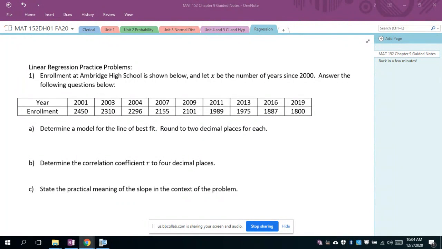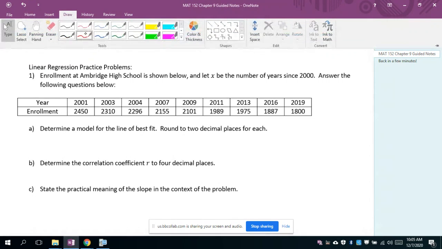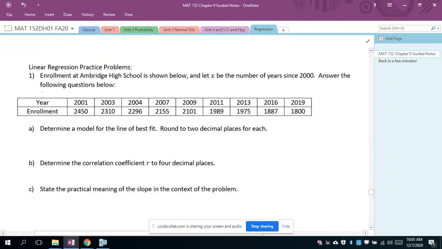Alright, so enrollment here at Ambridge High School is shown below. X is going to be the number of years since 2000. We're going to answer the following questions below. So we're not going to put the years in for X on the graphing calculator. Instead, for X, what's going to go in for X in each case would be 1, 3, 4, 7,